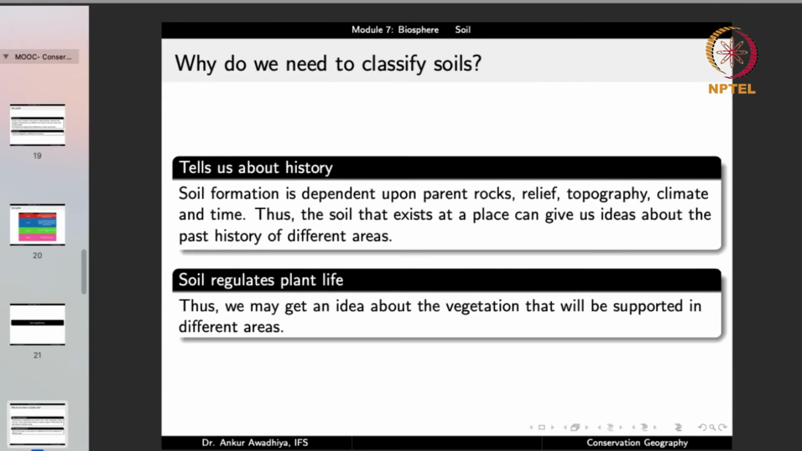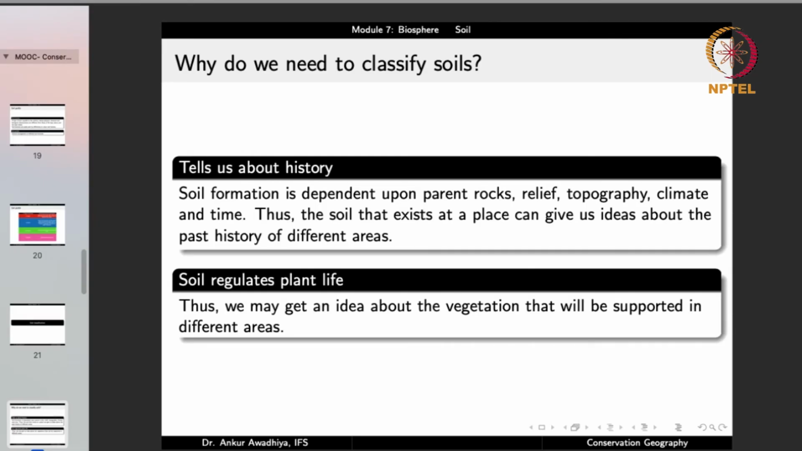So why do we need to classify soils? One, because they tell us about the history of the soil. How did this soil come into existence? Now, soil formation is dependent upon the parent rocks, relief, topography, climate, and time. And so the soil that exists at a place can give us an idea about the past history of this